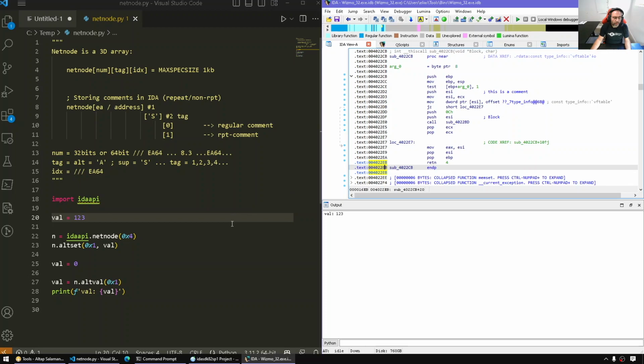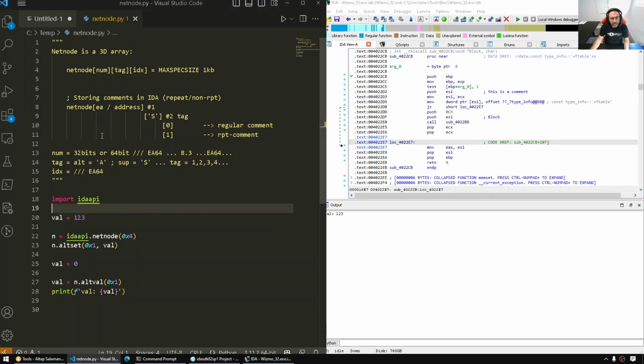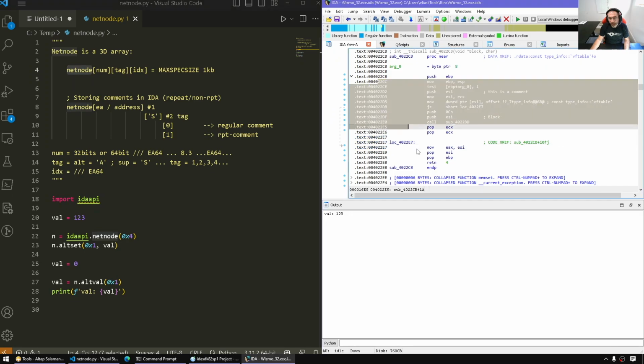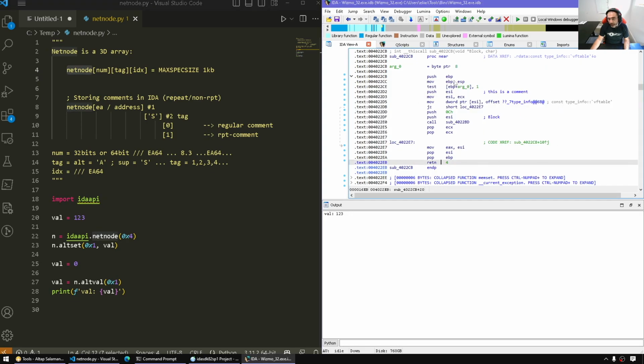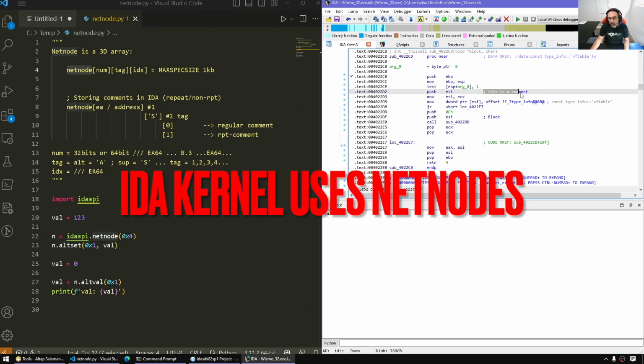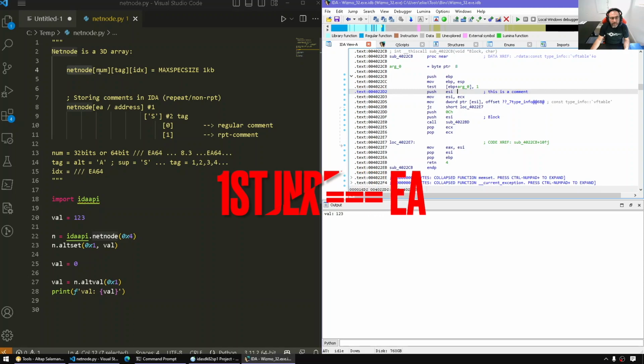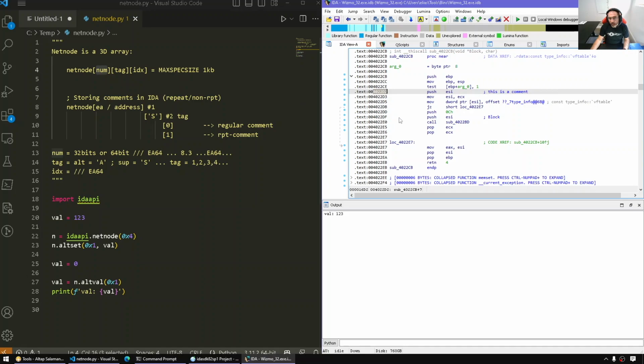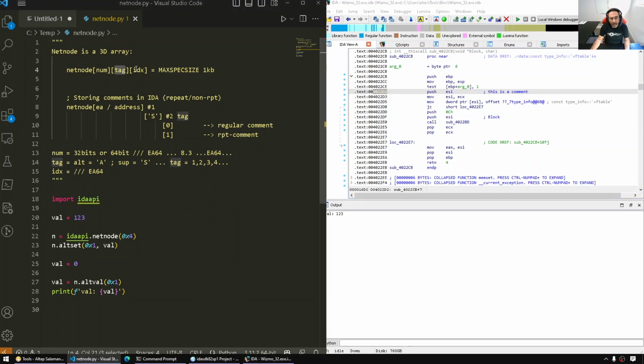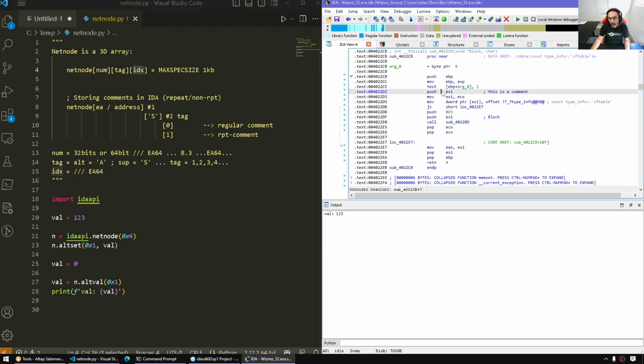So what do we mean by conflicting with IDA? IDA conventionally uses netnodes to store information about the addresses and type info and comments and stuff like that. So for example, when IDA stores comments or operand representation and cross-references and so on, not flags, flags are stored somewhere else, it uses the first dimension coinciding with the address. Then, depending on the kind of info, it will pick the tag, and that will be an arbitrary address. So if we want to use netnodes to retrieve this comment,